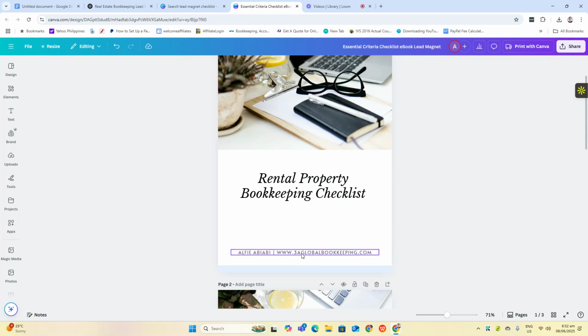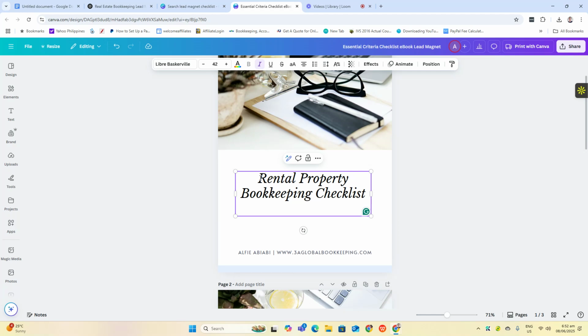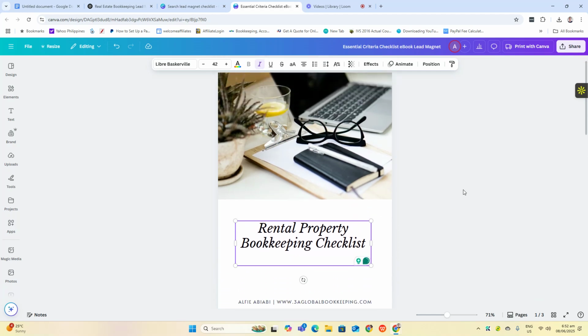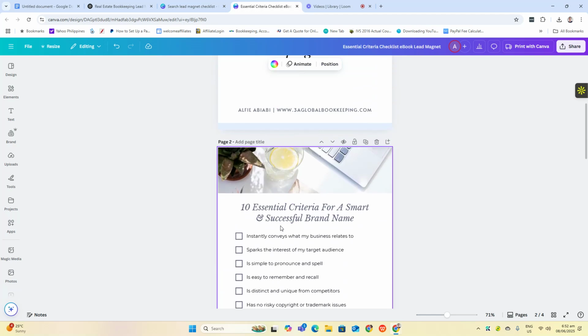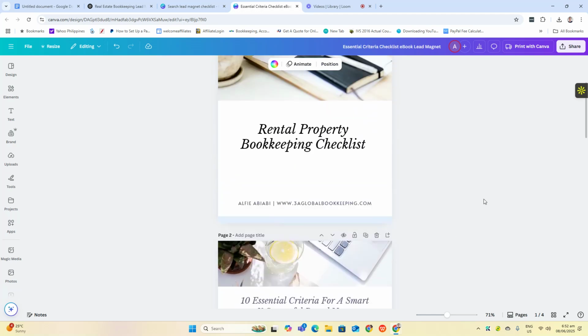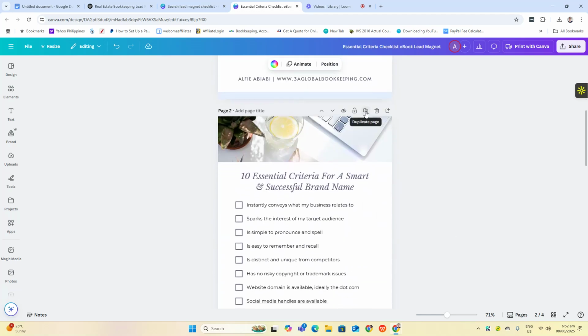Okay, you can place your email address here. Rental property bookkeeping checklist. Okay. So we have here, I'm going to duplicate this one. Okay, this page. So if you want to duplicate, just click this one, duplicate page.